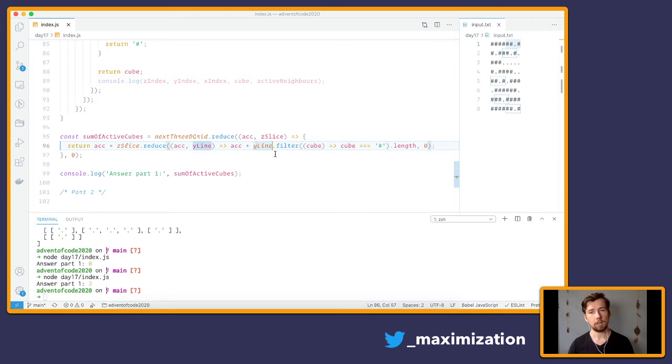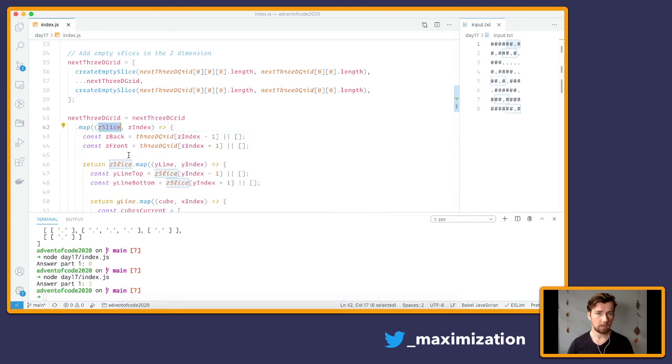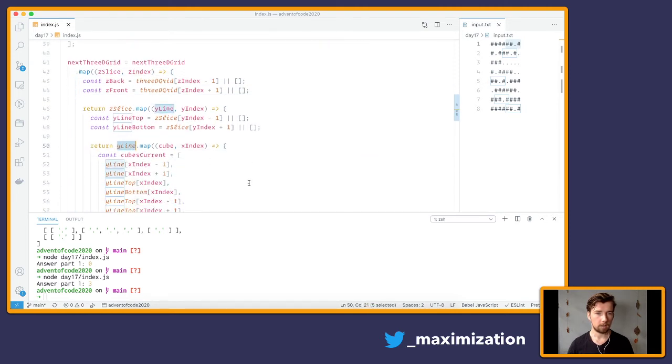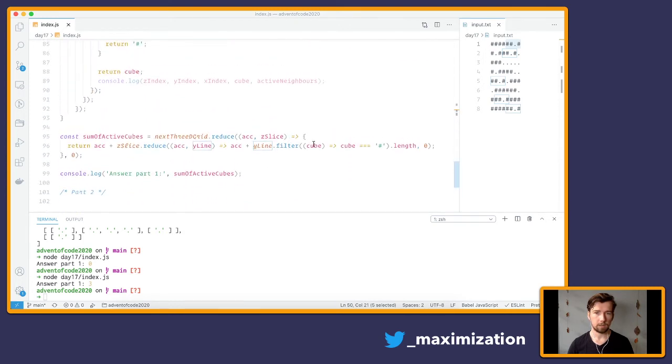We have our Y line. Oh, that's because we're only going through the first Y line. Are we? So we have our 3D grid, then we go through each slice and we reduce each slice, and then we have each line, and then we filter each line with the active cubes, and then we get the length of that line, and we add it to the accumulator, and this should return the total for that slice, which we add to the accumulator. Let me think here. We have slice, we have line. We use filter for the cube. We only get 3. I wonder, is that because